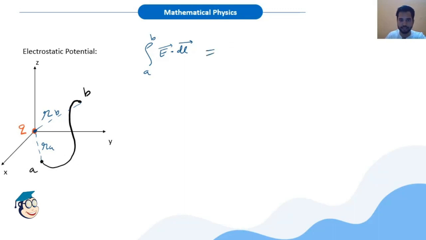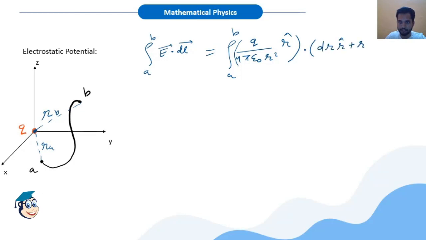I can write this as integral from A to B. Electric field due to point charge Q at some distance r is nothing but Q over 4 pi epsilon naught r square r cap. With this we all know, due to a point charge electric field. And dl, let us take the dl in spherical polar coordinate system. So it would become dr r cap plus r d theta theta cap plus the third term would be r sin theta